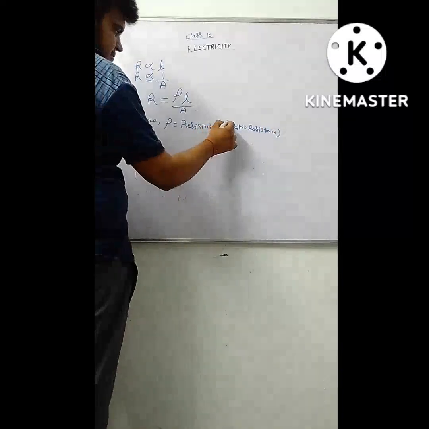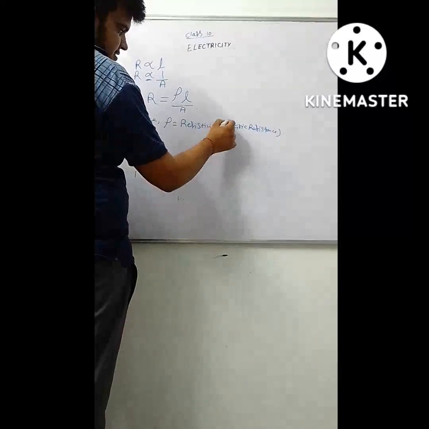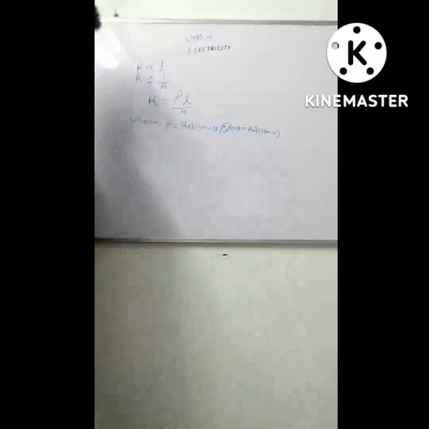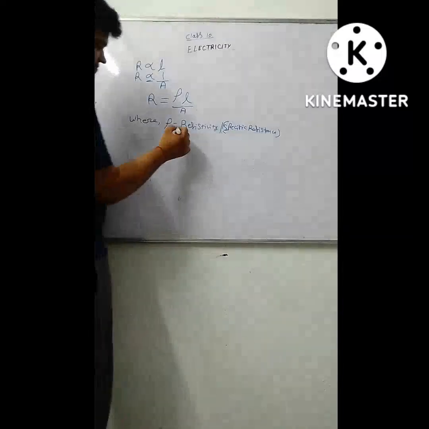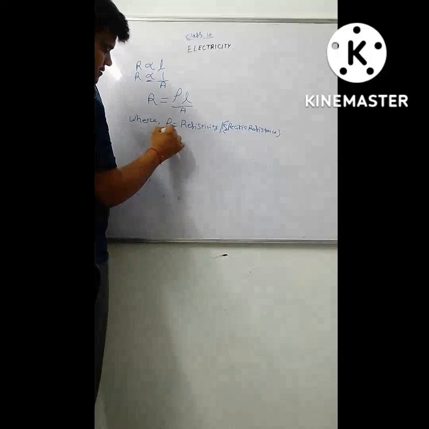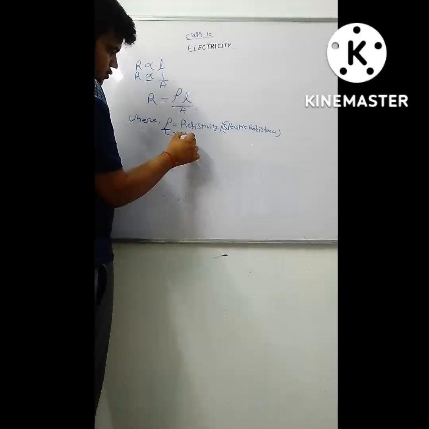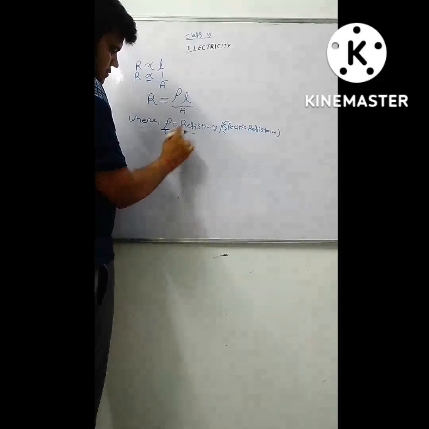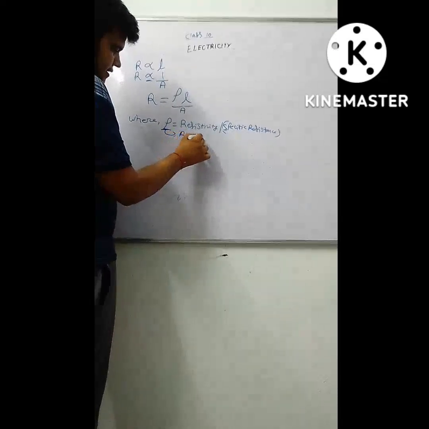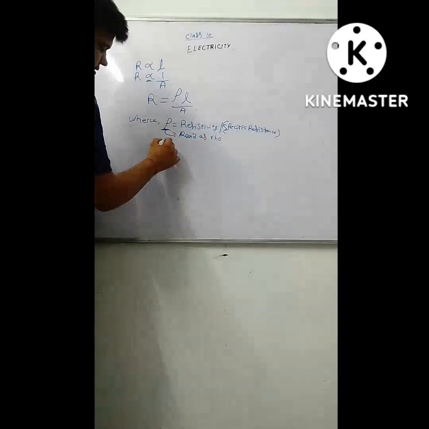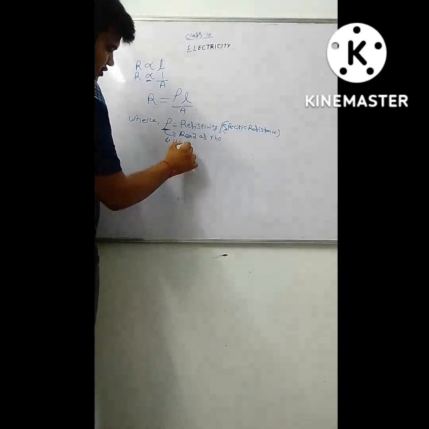It is read as rho, R-H-O, and its unit is